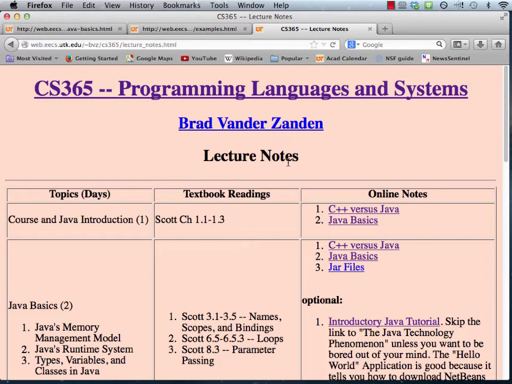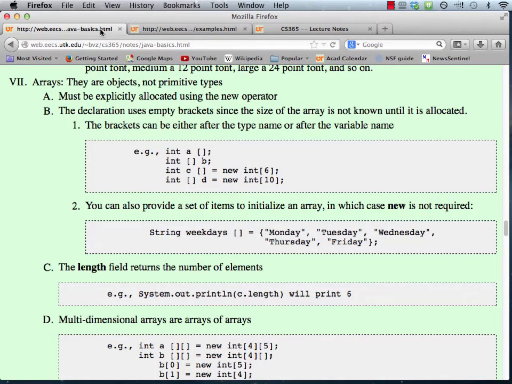In this video, we're going to cover Java arrays, which you can find in the Java Basics part of the online notes. In Java, unlike in C++, arrays are objects, not primitive types, and therefore you have to explicitly allocate them using